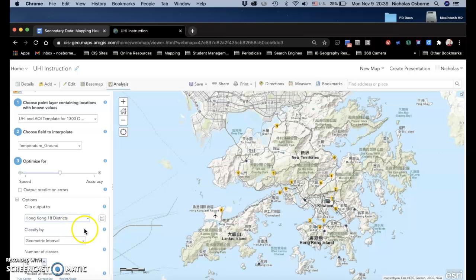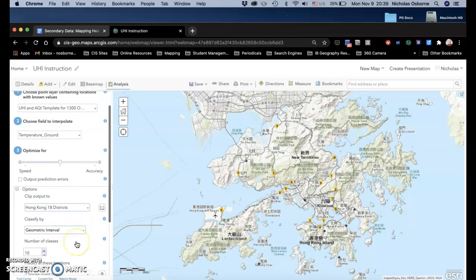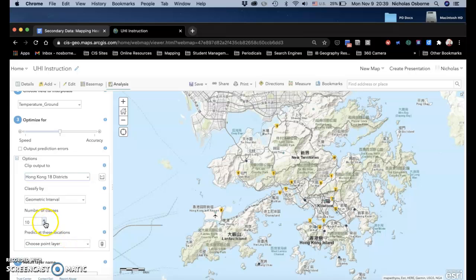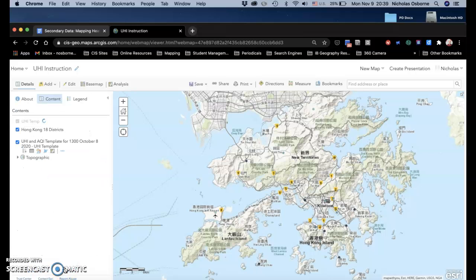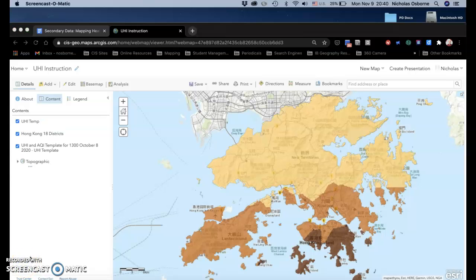Hong Kong 18 districts. Okay, now one thing I think is worth doing here is just reducing the number of classes. So I think I might go for 6. Choose point layer. And when you're ready, you can run that analysis. It's just working away there. Okay, good. So that's just taken the best part of a minute for that analysis to run, but it's just popped up, and now we have